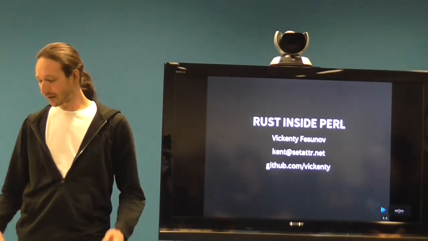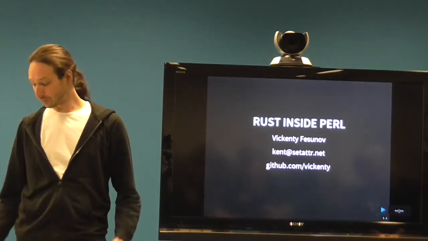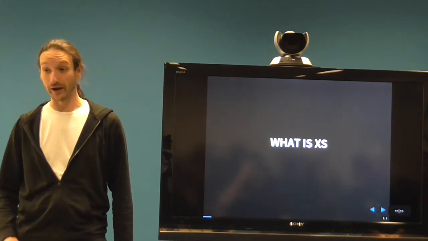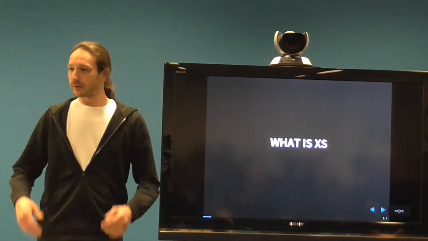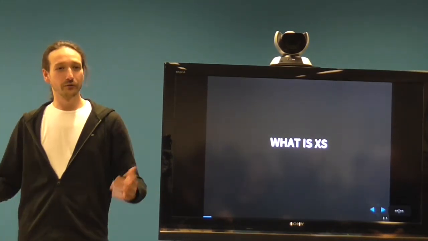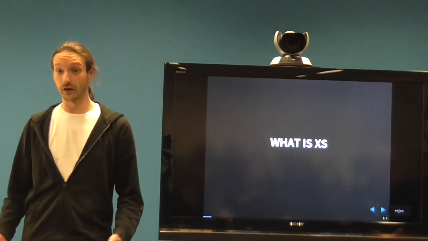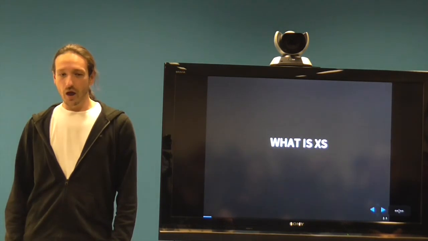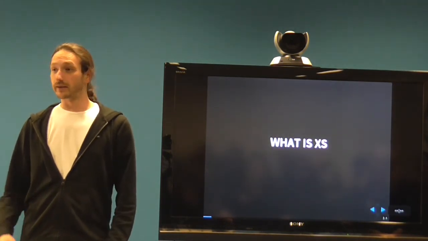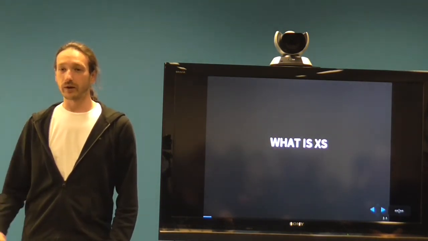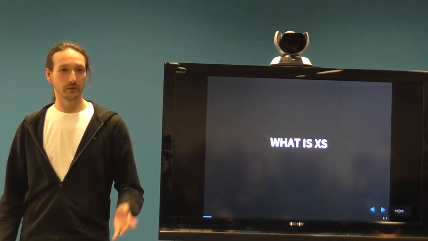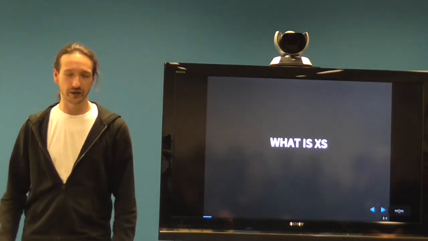So, how to write Perl extension in Rust, and let's start with why. Perl is a wonderful language, very high level, allows you to do things easily, quickly, but it has one drawback: it's kind of slow. Most of the time it doesn't matter, but things like parsing binary protocols, doing complicated math, cryptography is taking forever